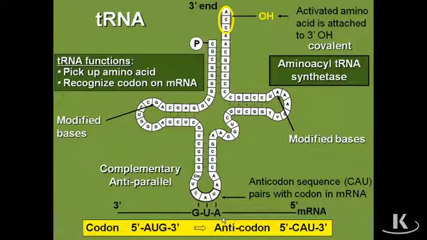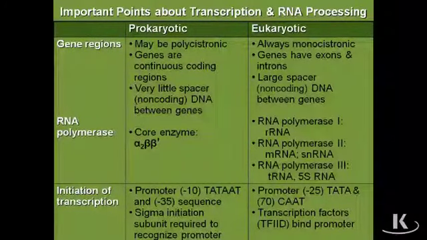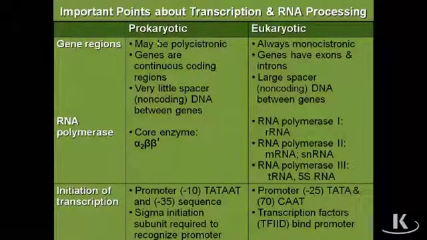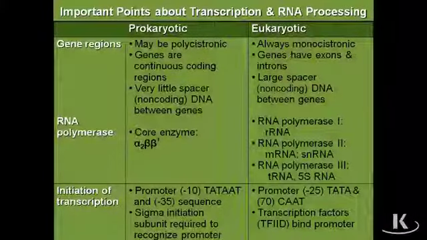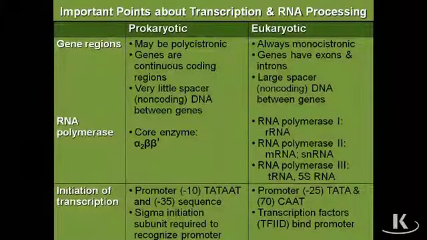So just to emphasize some important points about transcription and RNA processing in general. First of all, between prokaryotes and eukaryotes, gene regions. In prokaryotes, they may be polycistronic, whereas in eukaryotes, they're always going to be monocistronic. In prokaryotic genes, the genes are always continuous coding regions, whereas in eukaryotes, the regions can be divided into exons and then the interrupting intron portion. There's very little spacer or non-coding DNA in the prokaryotic genome, whereas for eukaryotes, there's going to be lots of spacer DNA, lots of